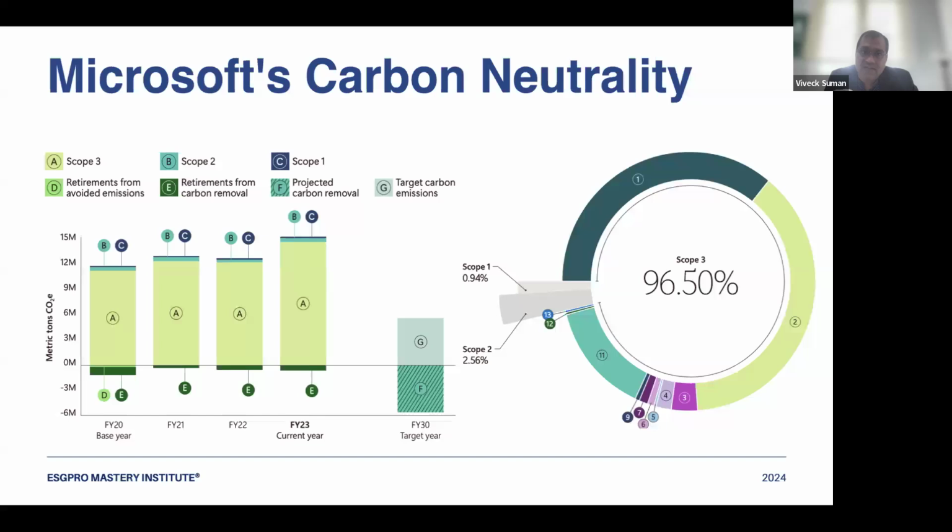You will see there are 15 categories in general. So scope 3 has 15 categories. You have to understand that. We will learn that after a few slides as well. There are 15 categories under scope 3 emission.